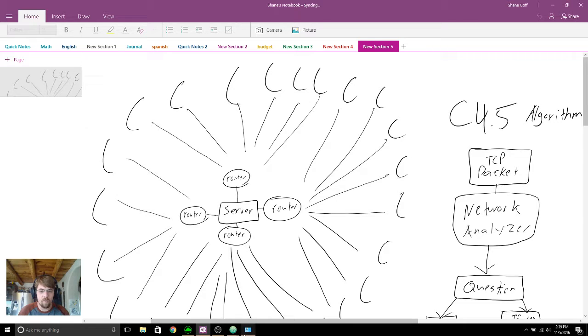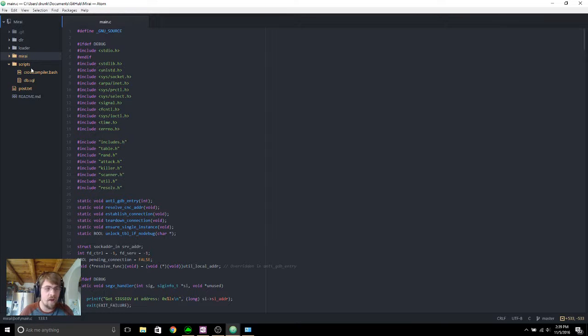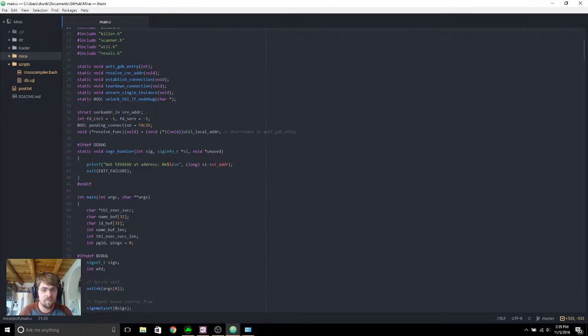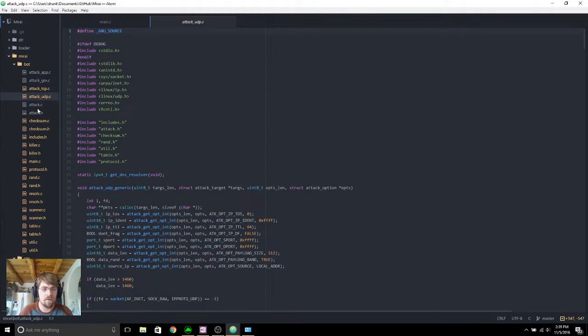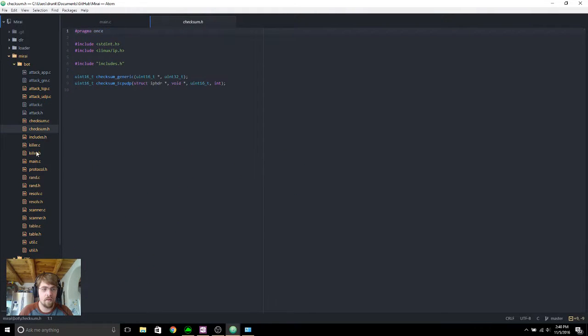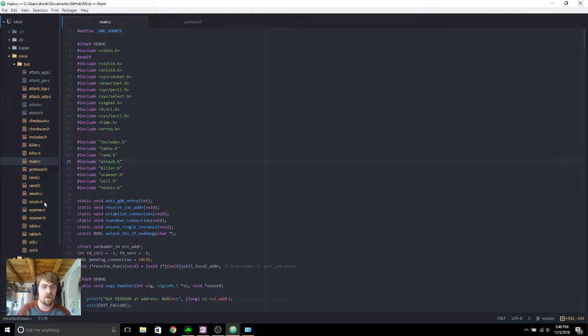Just as an example, we're going to take a quick look at the botnet that has been used in one of the largest DDoS attacks in history. It is the Mirai botnet. It's used on Internet of Things devices. It's pretty cool. It's insanely robust, as you can see. There's all sorts of different files in here. There's mostly C files, and there are some Go files. I believe they use the Go files for communicating with databases.